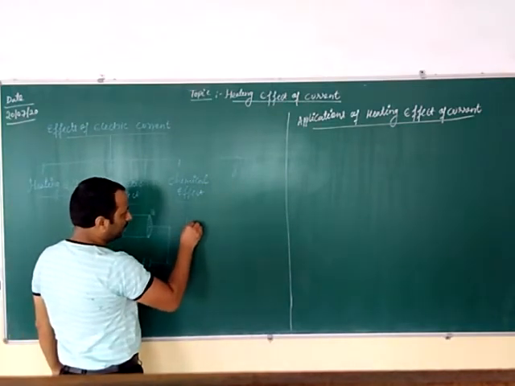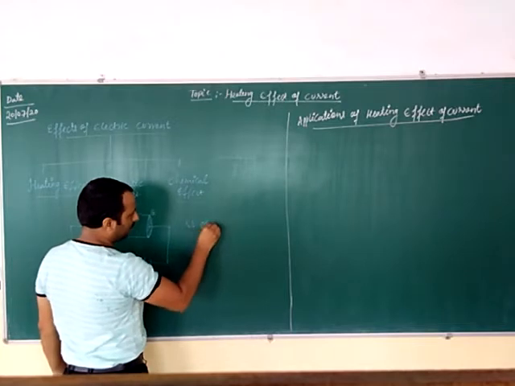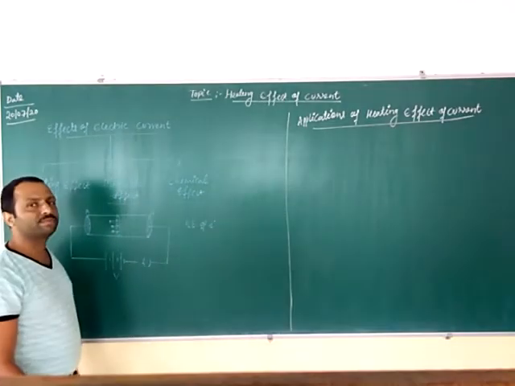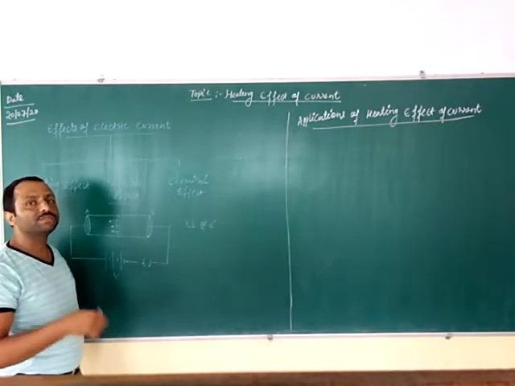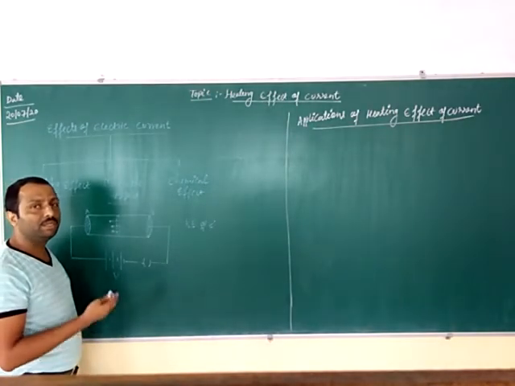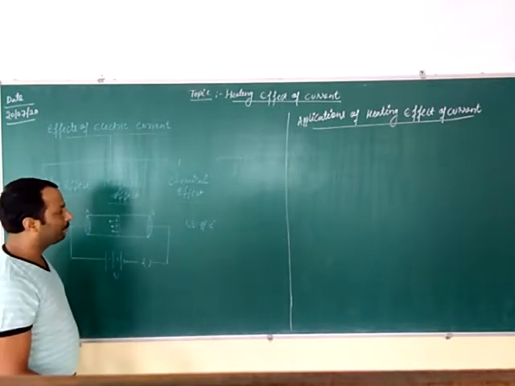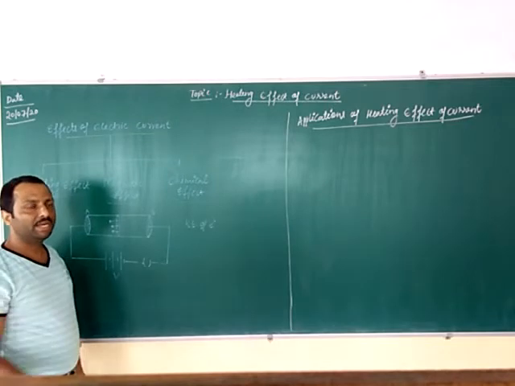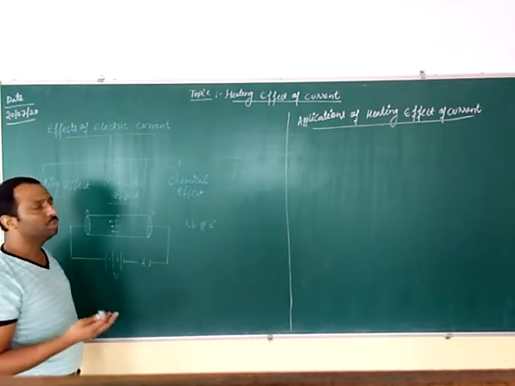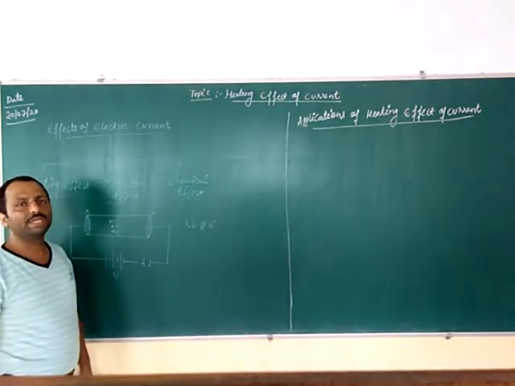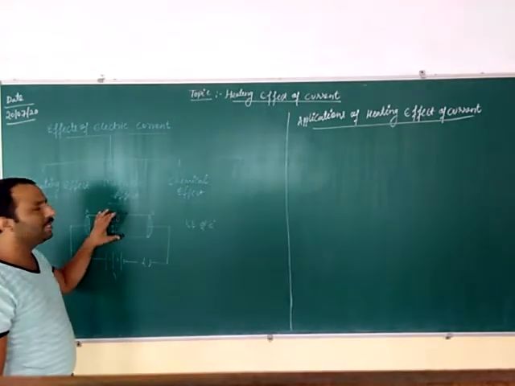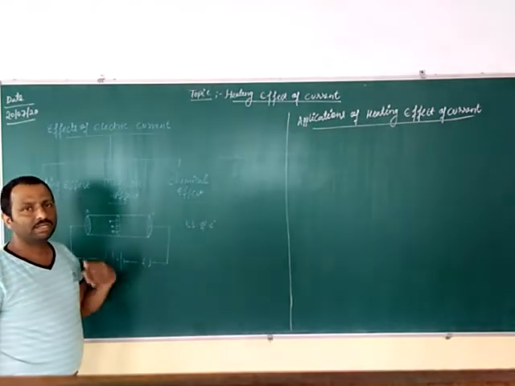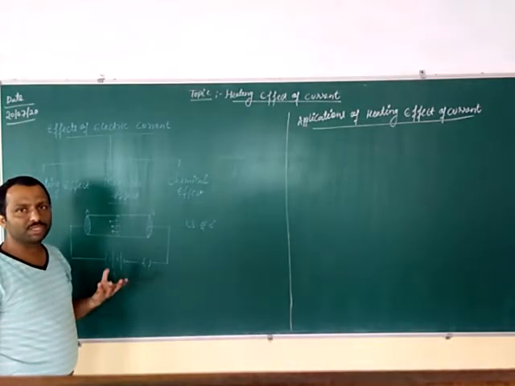The kinetic energy of the electrons is transferred to the atoms or ions of the conductor, and they will start vibrating with a larger amplitude. So the overall kinetic energy of the atoms increases, and as the energy increases, the temperature is also increased. In this way, heating effect is observed in the wire. So this is the cause of how heat is produced in the wire.